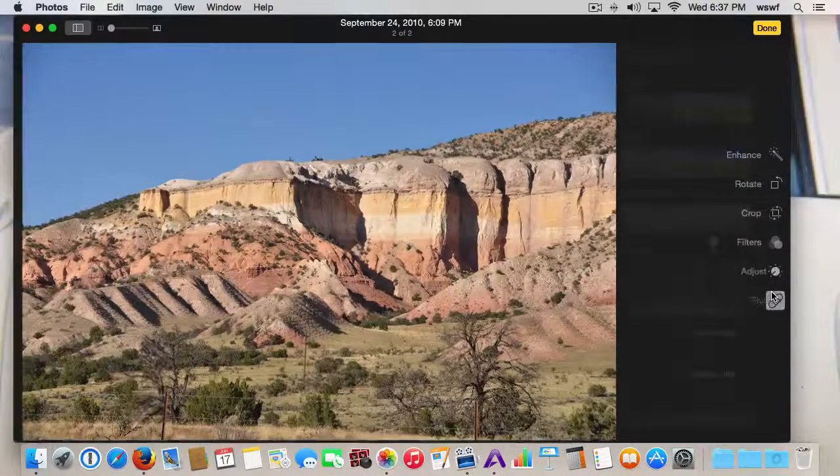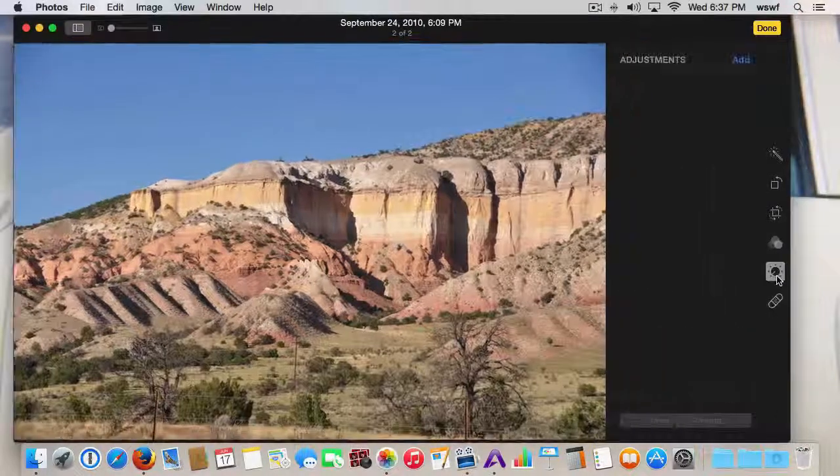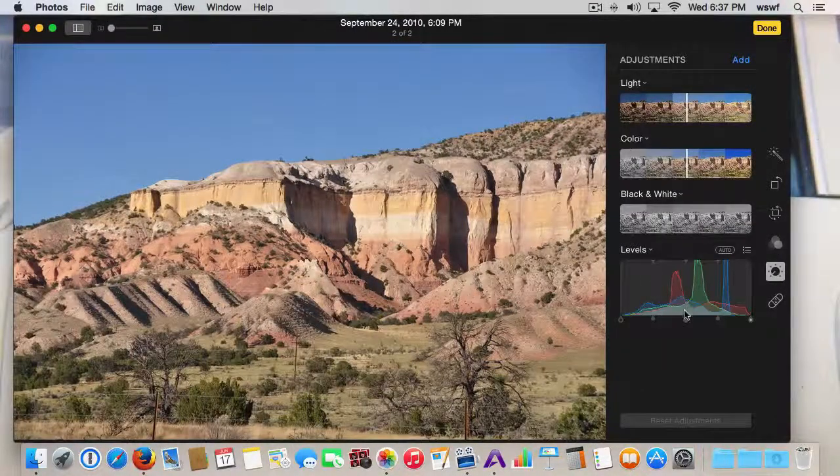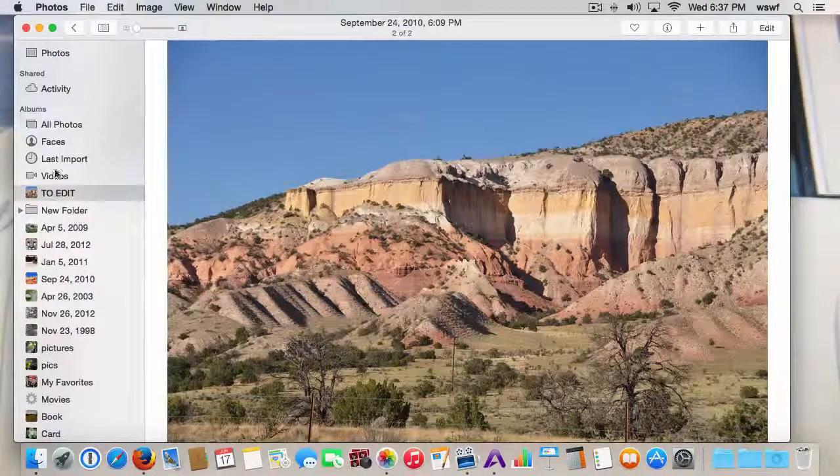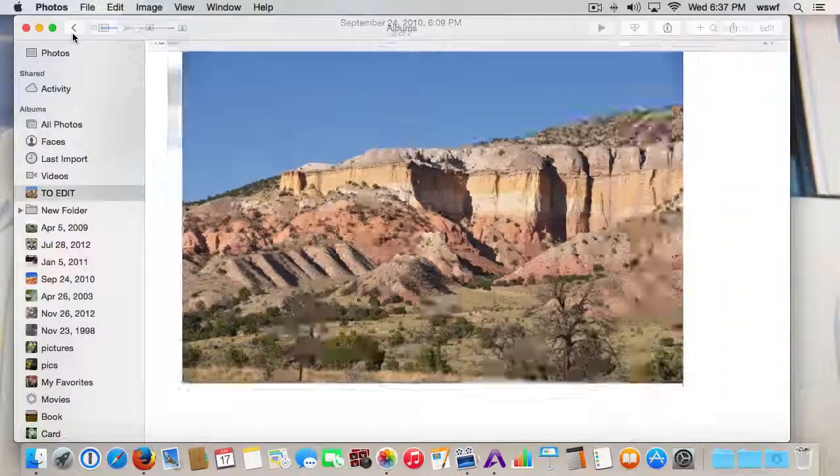And so now every time I come in to adjust, levels will show up for me and I can always make an adjustment. Now let me go, I'm going to say done here, and I'm going to go back to this other photo to show you